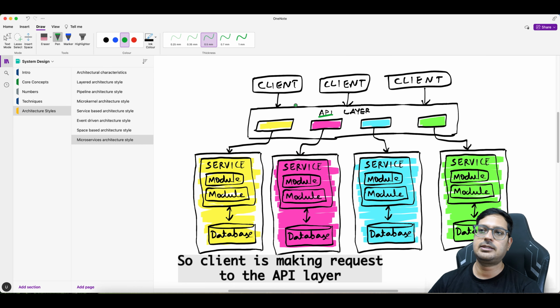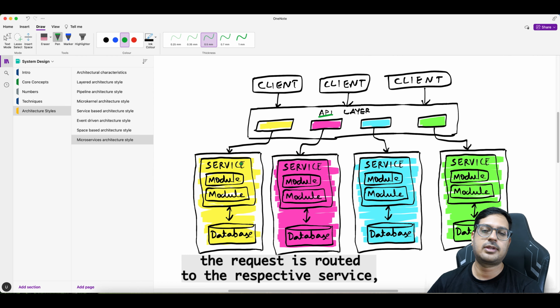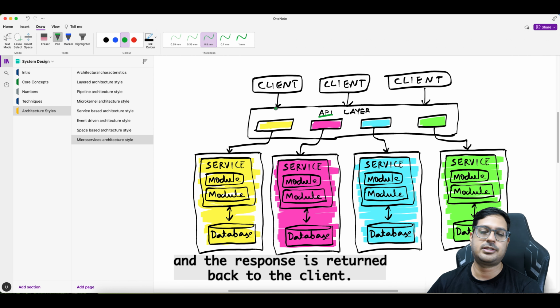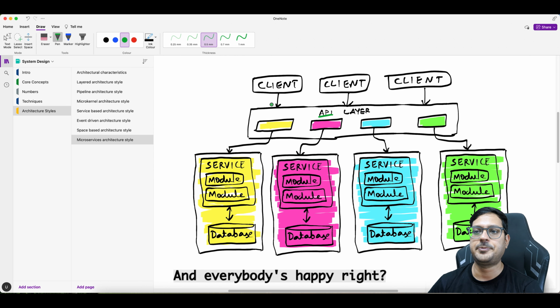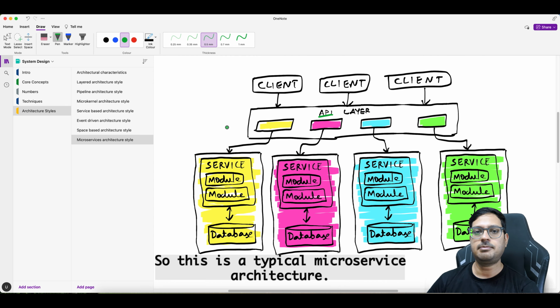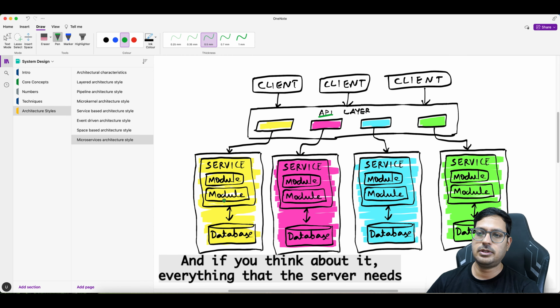So the client is making a request to the API layer, the request is routed to the respective service, and the response is returned back to the client, and everybody is happy, right? So this is a typical microservice architecture. And if you think about it, everything that the server needs